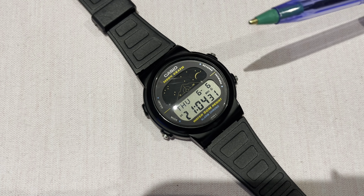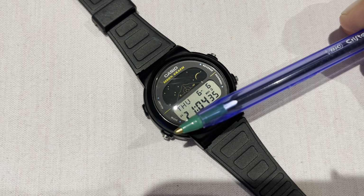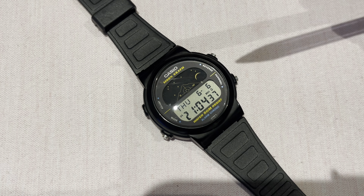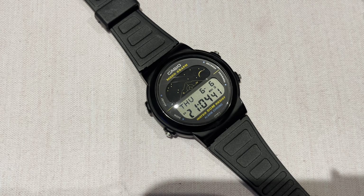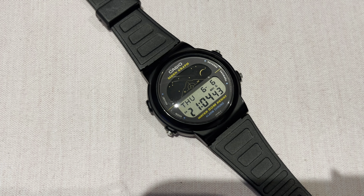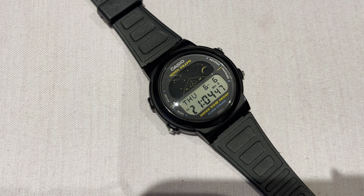So you've got 4 buttons. There's the adjust button here, this button here, this one, and this one, and that's it. There's no light on this watch either, which is something Casio did quite a lot in the 80s, and I think that was a drain problem. They had a good reputation for